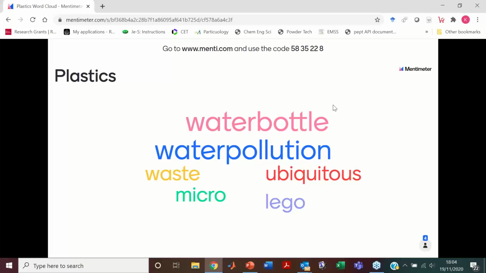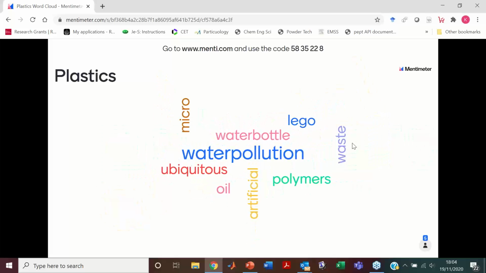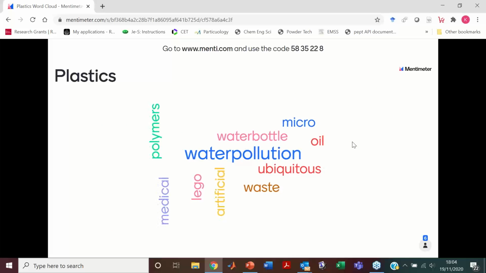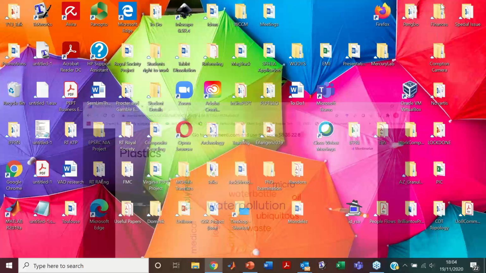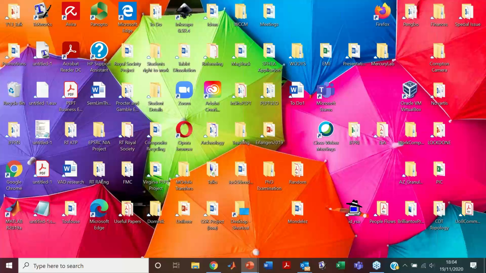The larger the words are, the more people have actually said them. So we've got water bottle, water pollution, waste, ubiquitous, polymers, oil, artificial. Brilliant, some really interesting things here. But the one that's the biggest here seems to be water pollution. The second biggest, ubiquitous, water bottle and waste. Okay, this is very, very interesting. So what we immediately see there, before we go back to my presentation in a second,